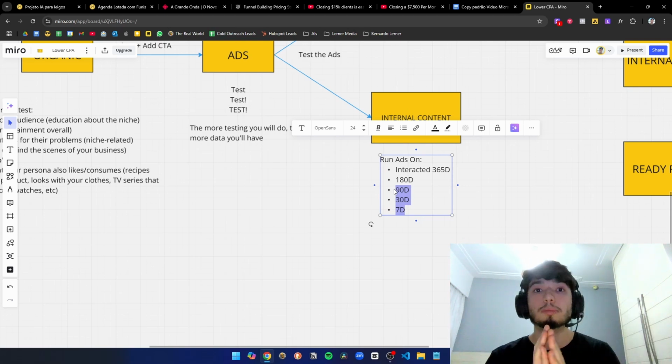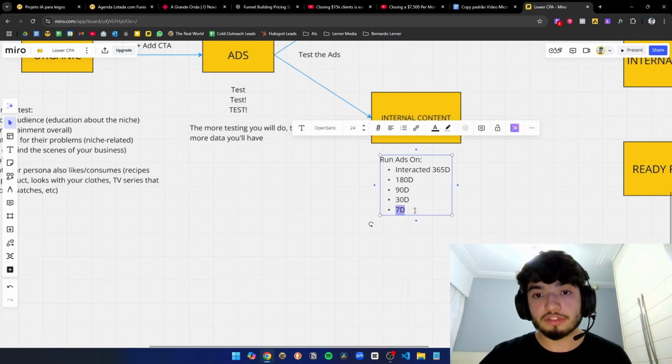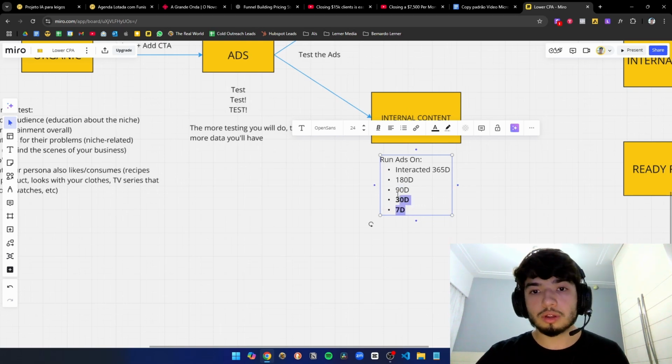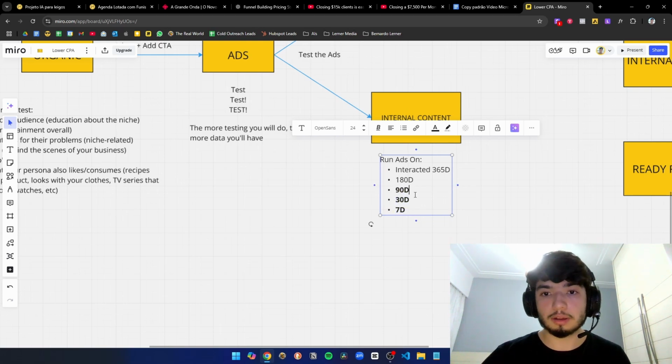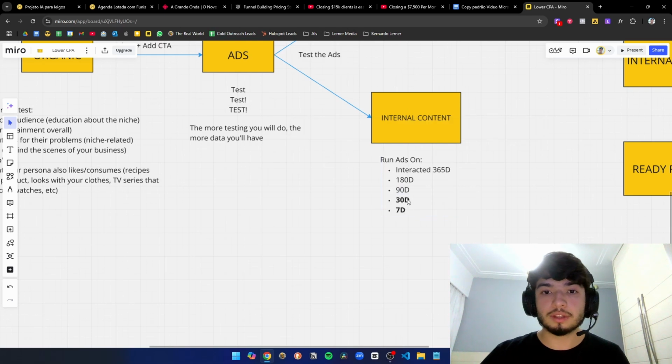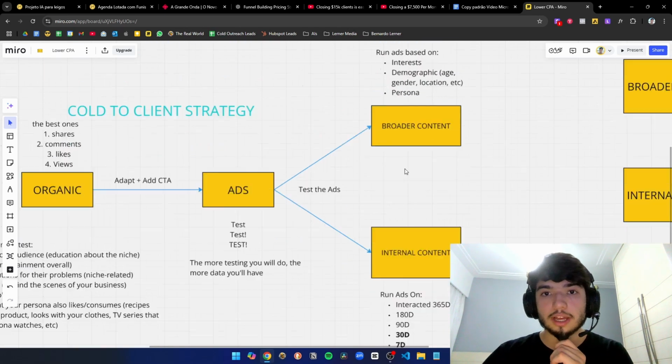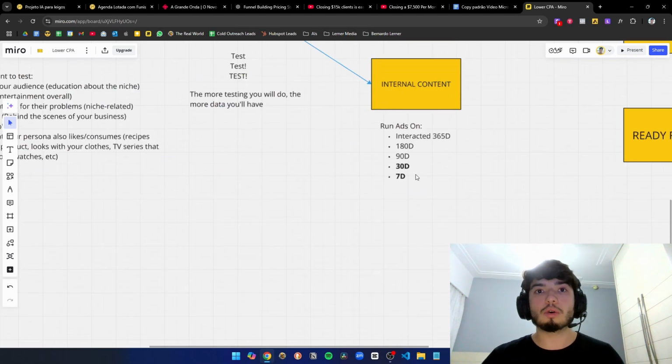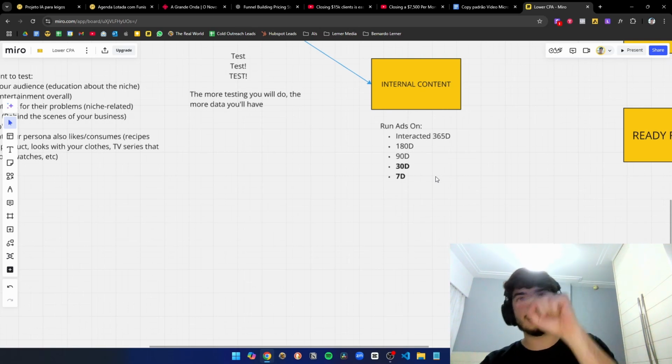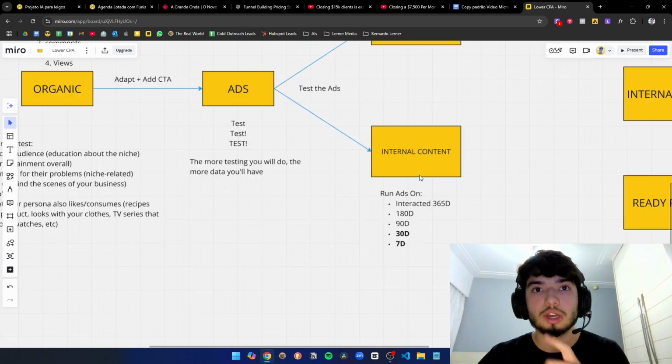So if you're on a low budget right now, you should focus mainly on these two. If you have a really low budget, you should just target these two and not focus on cold leads right now. Focus on people who have interacted with you. You put the money in them, you generate some sales,